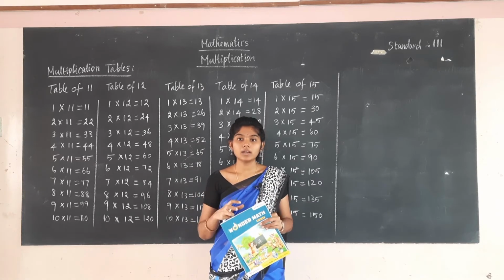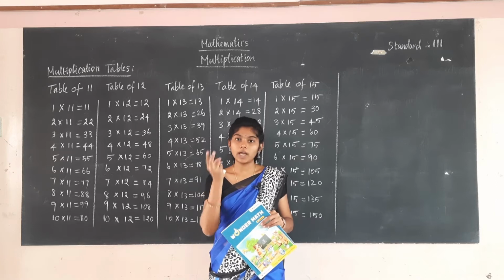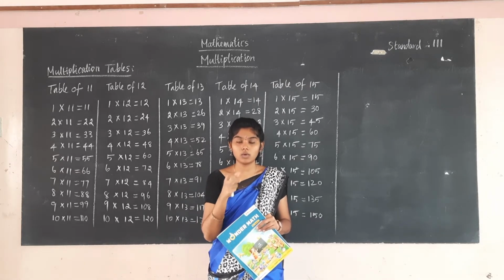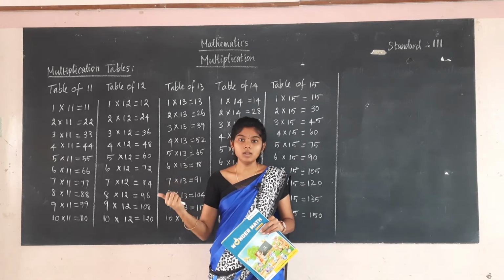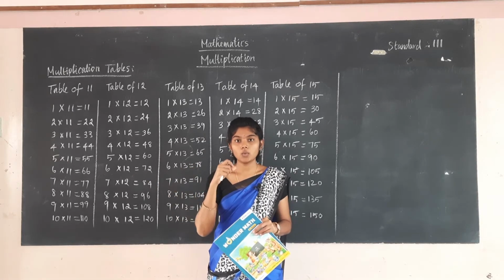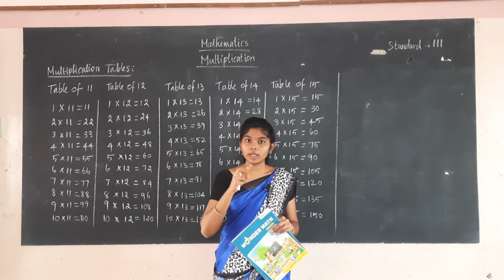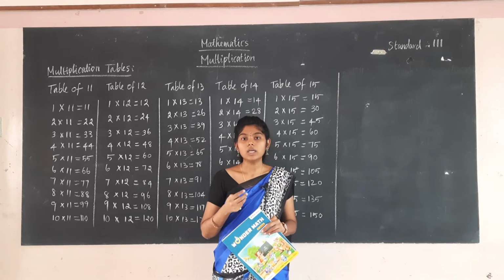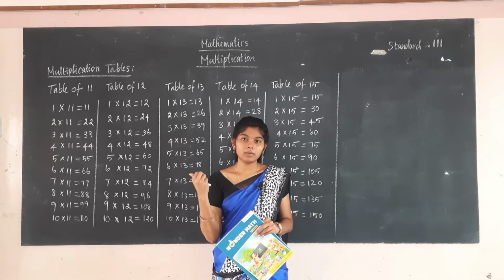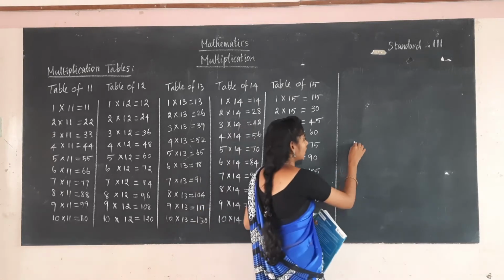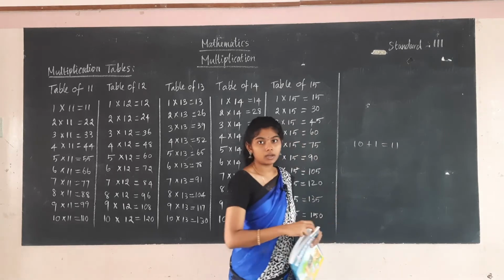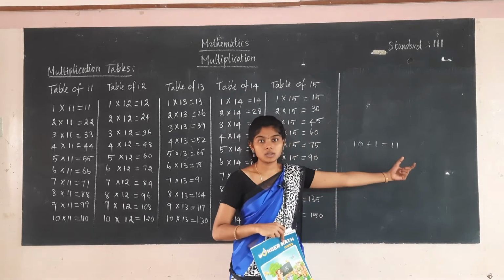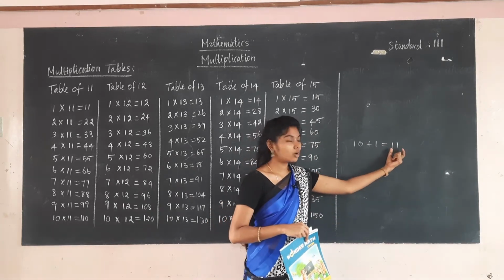Before that, how the combination works, you have already learnt. With those numbers you are going to see from the 1st to 10th table. So here we are starting with the 11th table. To form the 11th table, 10 plus 1 is 11. You already know 10 plus 1 is 11. With these two tables I am going to show how the combination comes for the 11th table.